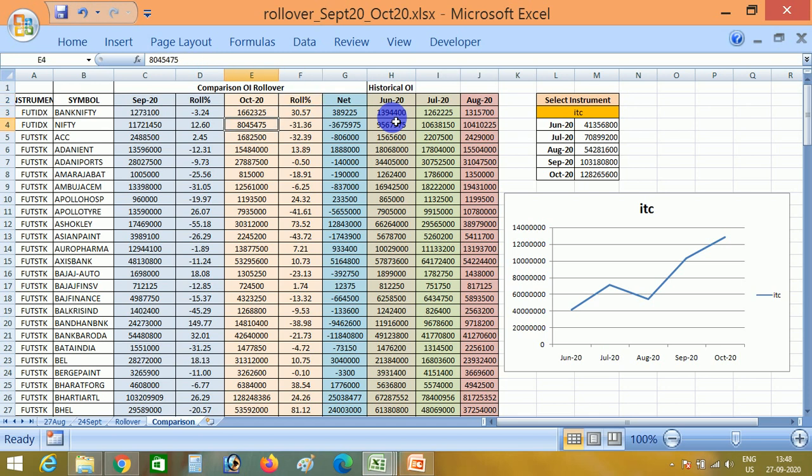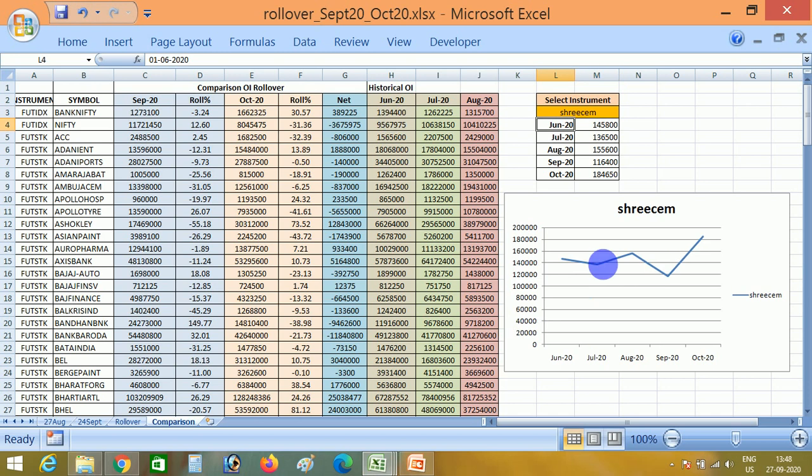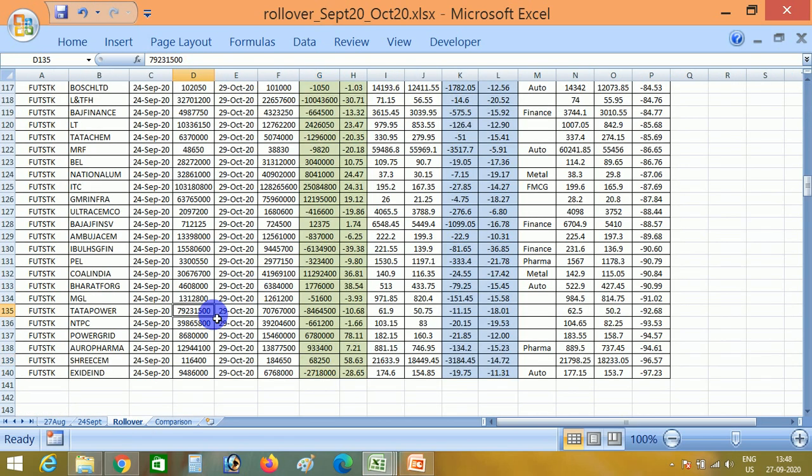If we want to check the rollover percentage on increasing basis, we will check like that. If we want to check on other basis, we will filter on our analysis. So if we check Shri Cement, friends, Shri Cement is having open interest build up from September to October series. So Shri Cement could follow the trend, whatever trend it had in the last month, that is the bearish. That is our view. So we can also check the data for Power Grid, that is having 78% open interest build up with negative price change and negative body percentage, very strong body percentage.